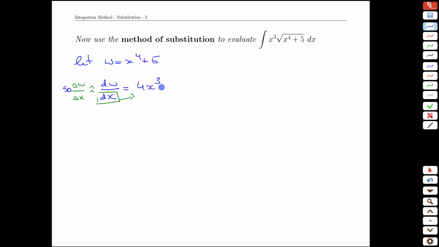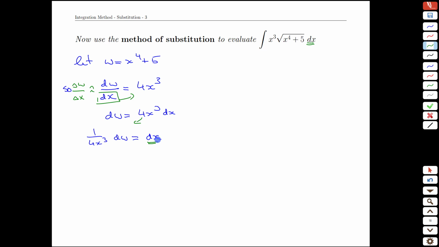We're going to bring it to the other side, and we're actually going to introduce one more step here than we usually do. I'm also going to bring the 4x cubed down. So we're going to have 1 over 4x cubed dw is the same as dx. 18th century mathematicians like Euler would have loved this kind of notation. It's gone a little out of fashion since then, but it gives us a relationship for one of the parts